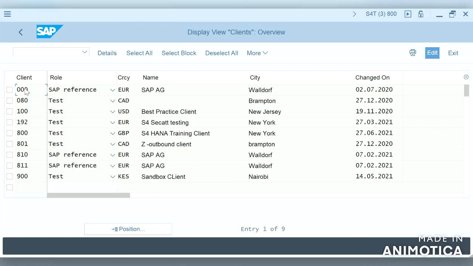If we are logging in through client 000, then our group currency will be EUR. This is where we normally check the group currency or global currency for our company code. It is at client level, so all the companies will follow the same currency which was defined here.